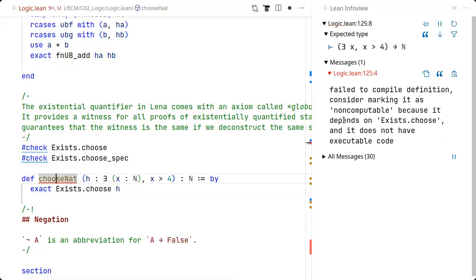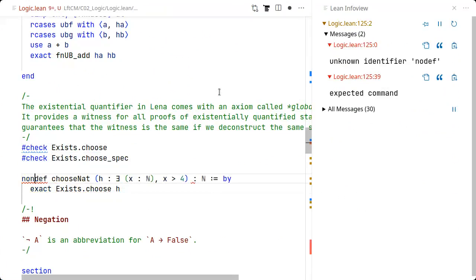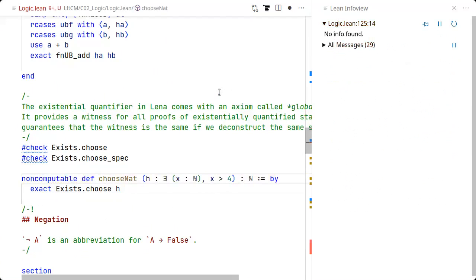because it says, okay, you've created a definition, but we will not be able to produce any executable code from it, and so we will have to mark this as noncomputable. You can also mark entire files as noncomputable, and for Mathlib, huge portions of Mathlib are actually noncomputable, even if in theory they could be formalized in a computable way. But one of the principles when Mathlib was started was that we should focus rather on the growth of the library